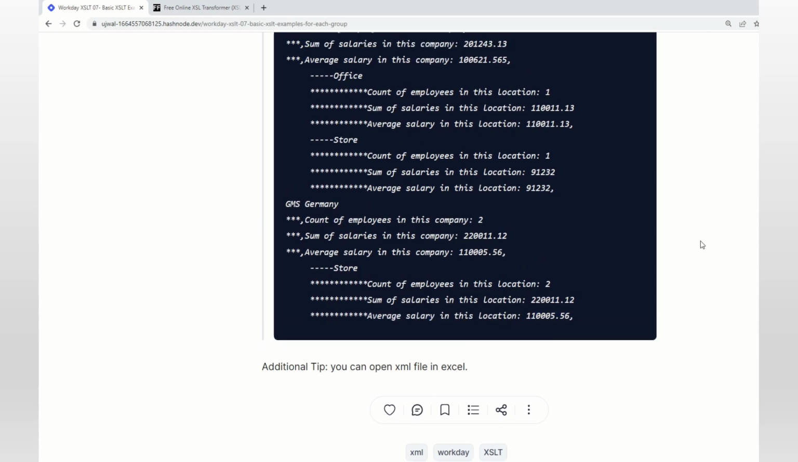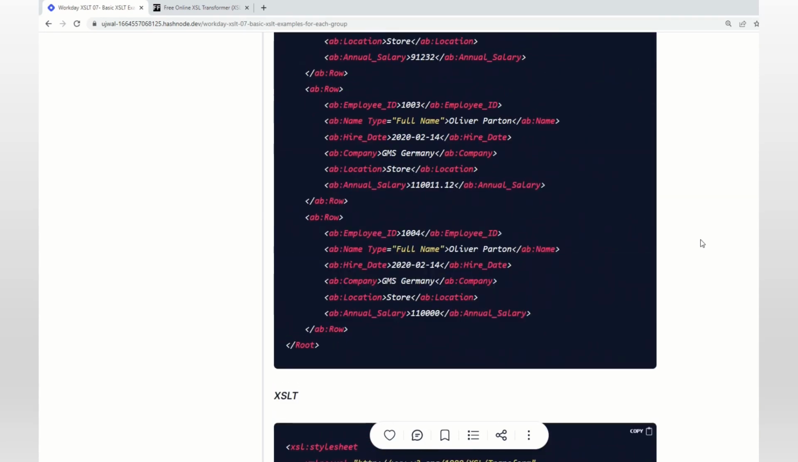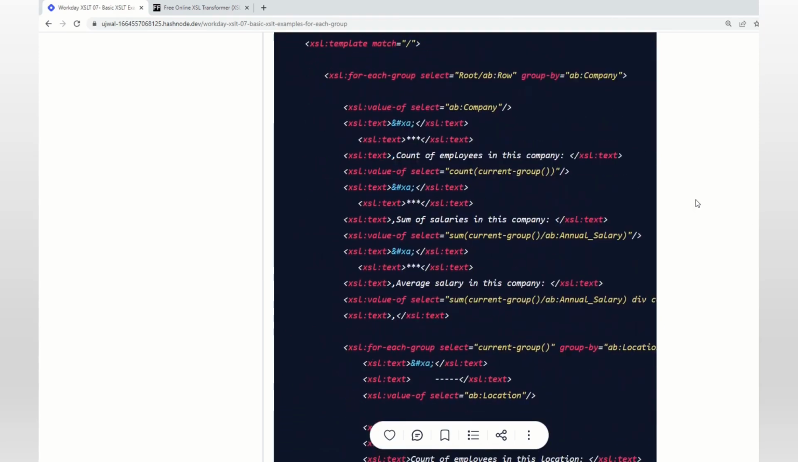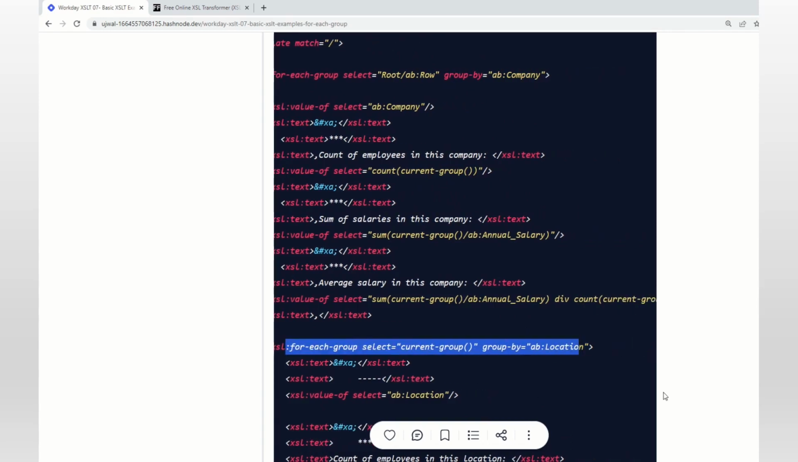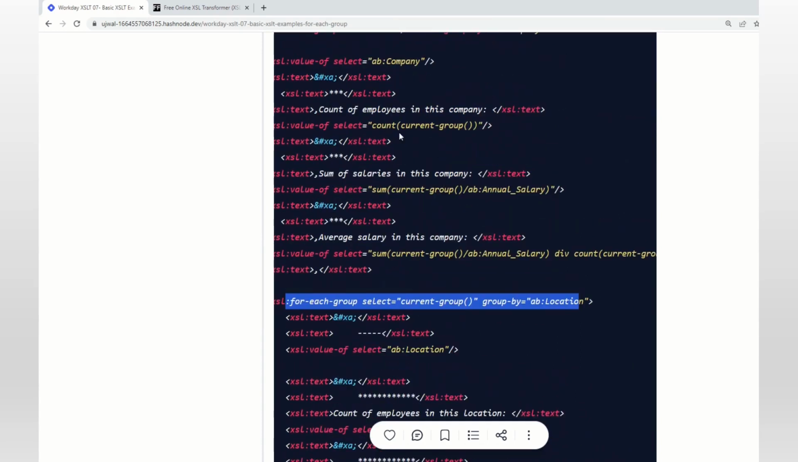So let's see how we can realize this in the XSLT part. So here it is. The same way, there is no difference in the for-each-group. First, we are going to use for-each-group on the company, and then next is location. And because we want to see the sum on the company first, all we use is,